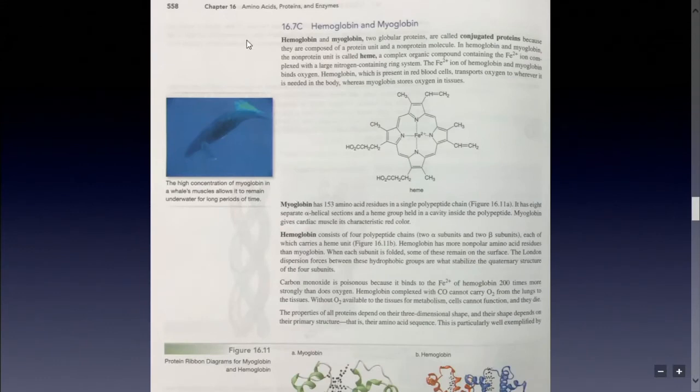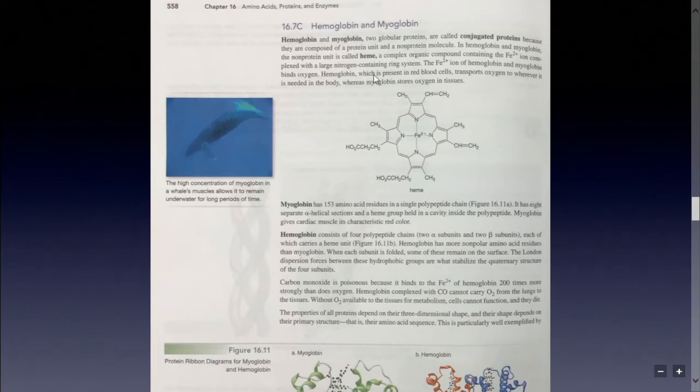So finally, let's talk about the last one, hemoglobin and myoglobin. These are kind of like brother and sister, and these are going to be structural, or I'm sorry, what do you call them? Globular proteins. So these are the ones that are going to have some function. They're not going to be necessarily for structure. They're going to be about function. So globular proteins,